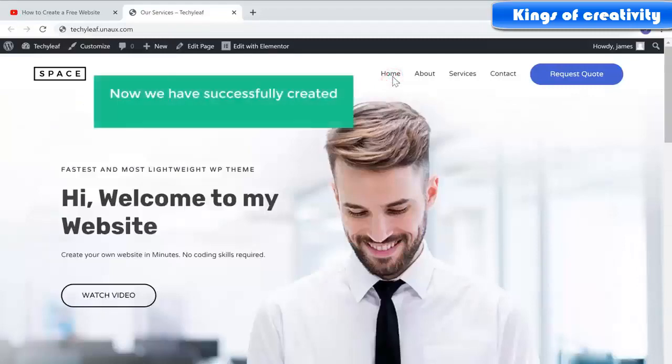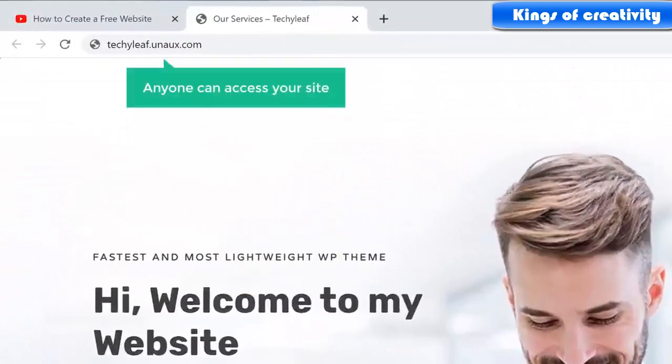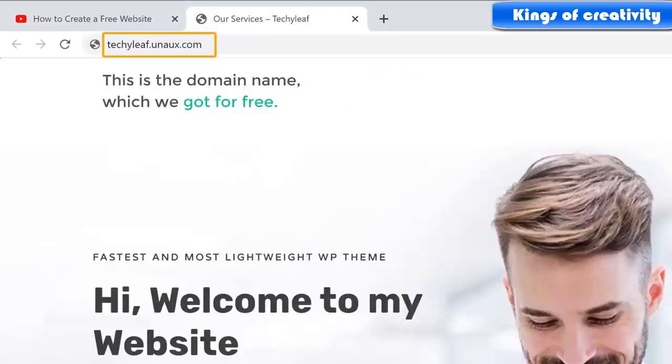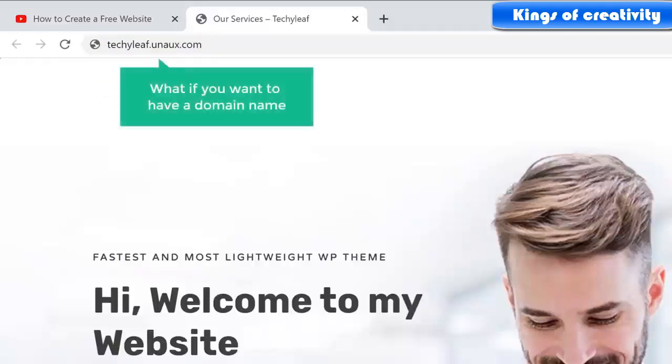So now we have successfully created our website for free. And now anyone can access your site by going to this address. Now once you have made your website, here you can see that this is the domain name which we got for free. And this domain has this extra text after the site name which we selected. Now instead of this, what if you...